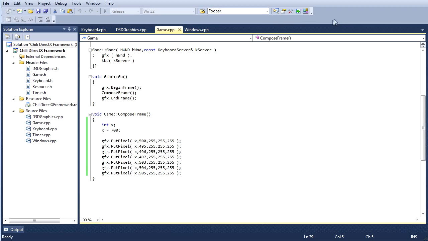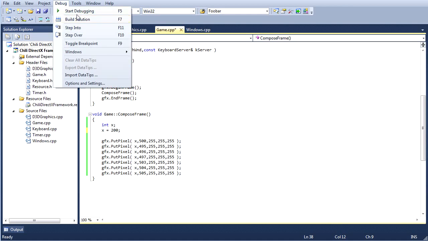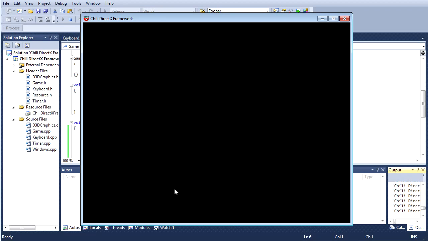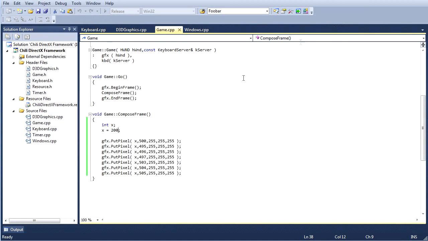So, what is the meaning of all this? Well, let's see what happens if I change this 700 to a 200. What do you think will happen? Oh, our vertical line here has moved a considerable distance to the left. All right. So the answer is that now by changing this one number here, I can change the horizontal positioning of our graphic. Instead of having to change every single number here,